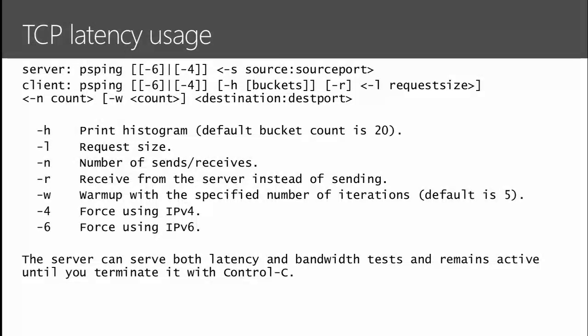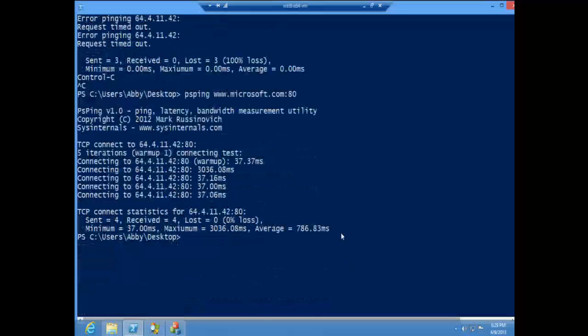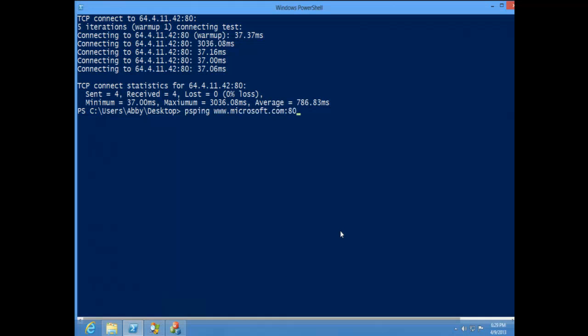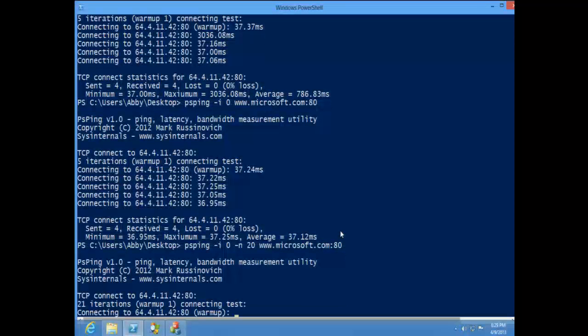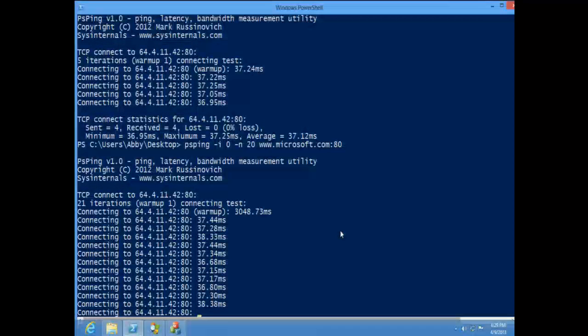Actually, I meant to show a couple other things in this earlier demo, so let me just go back and do that real quick. So we did ps ping -80. I wanted to show -i0, so that you can do one after the other after the other. -n20, you do 20 of them.